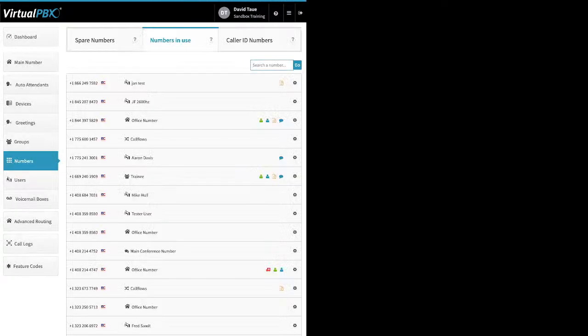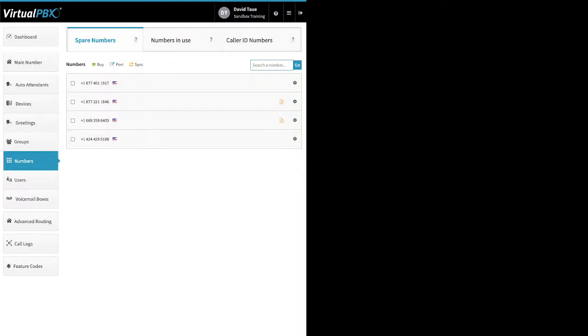Numbers tab, this shows you the numbers on your account. It starts off with numbers in use. This is basically showing you where the numbers go. You do have the little gear icon here, so you can adjust the caller ID prepend, etc. Spare numbers are the numbers you're not using right now. Now, if I want to reduce my phone bill, because I'm at about 20 phone numbers on this account, so I'm definitely getting an overage per number,